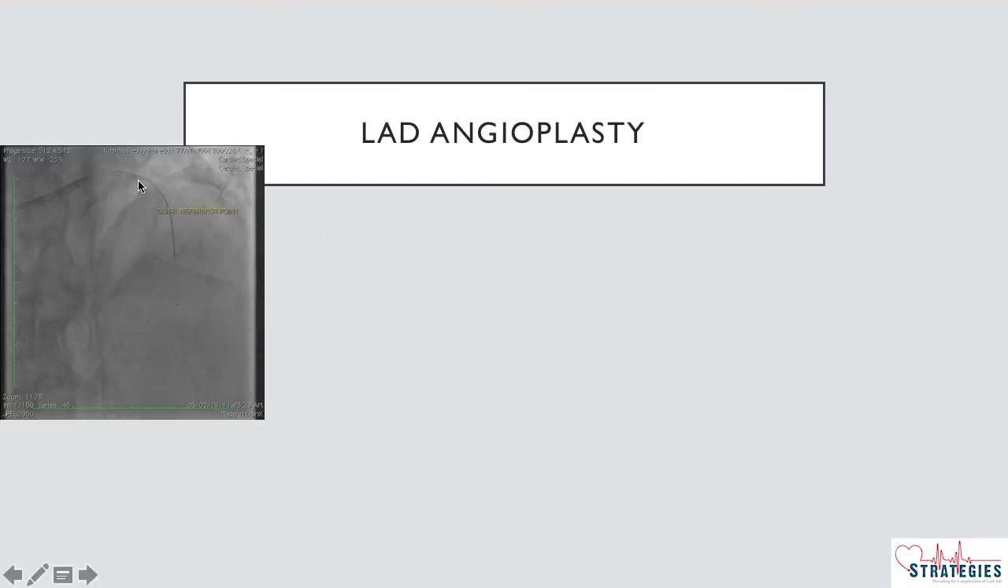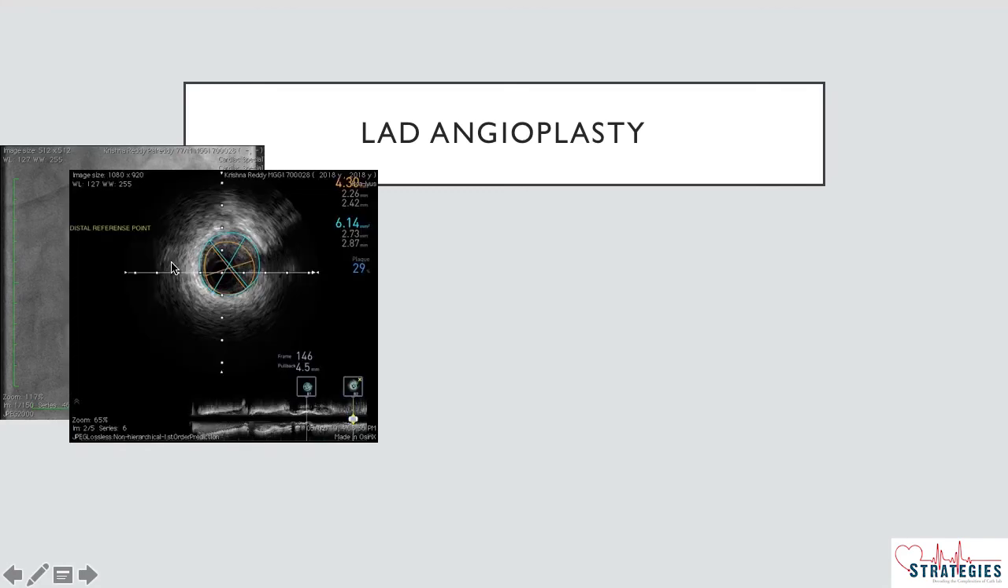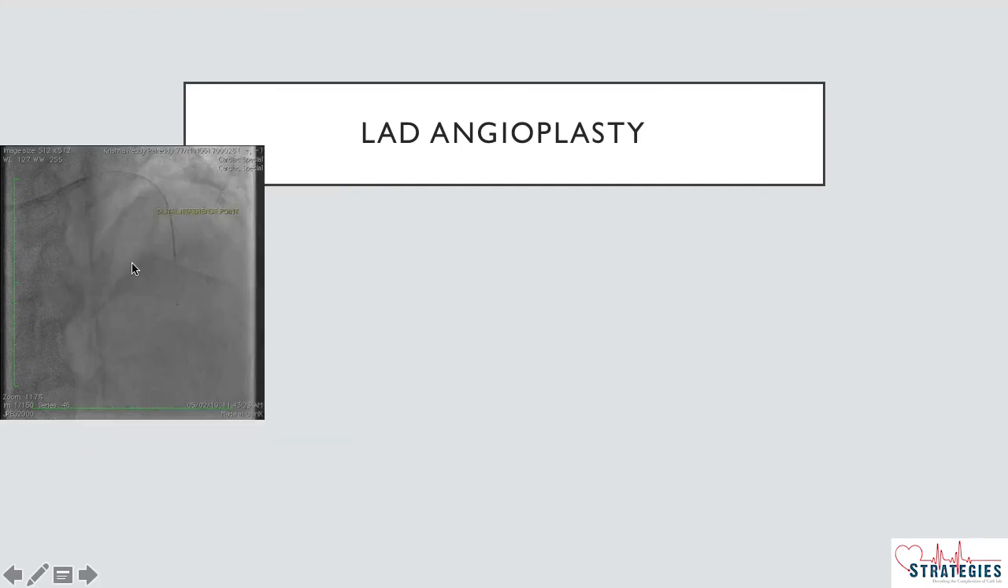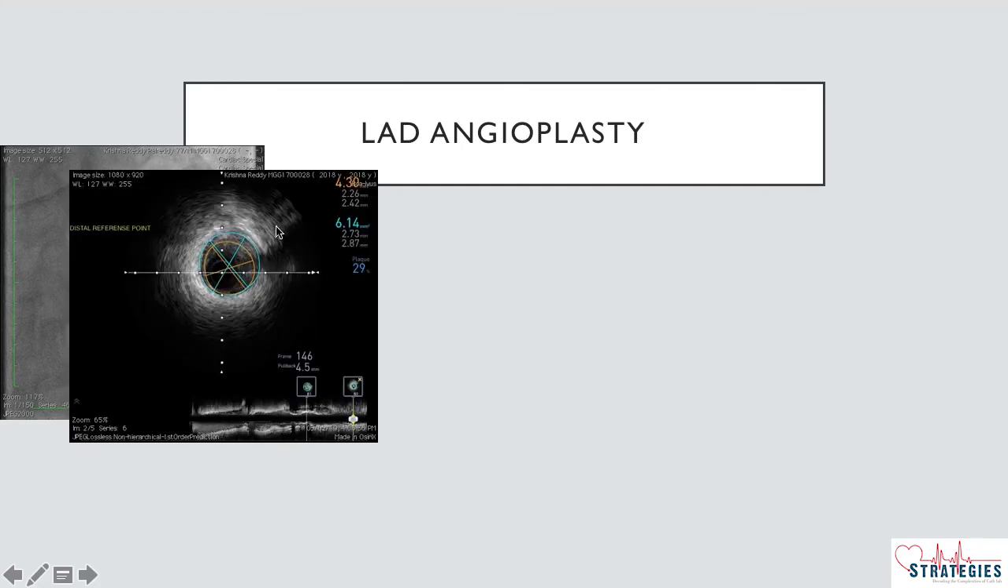In the LAD, as you notice, there is a proximal lesion. I just replaced the first injections with the first IVUS. I did IVUS and marked this as my distal reference point. You can see this is the distal reference vessel, which was around 2.4 luminal diameter, and the EEM diameter is around 2.75 to 3,